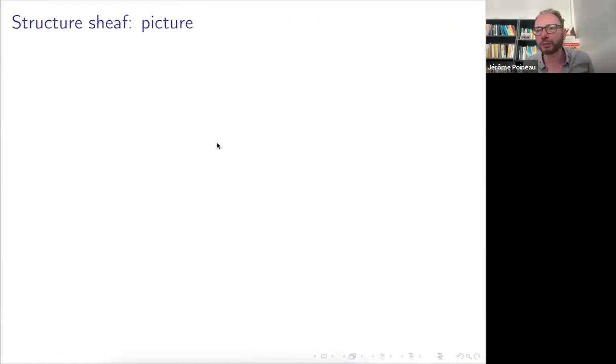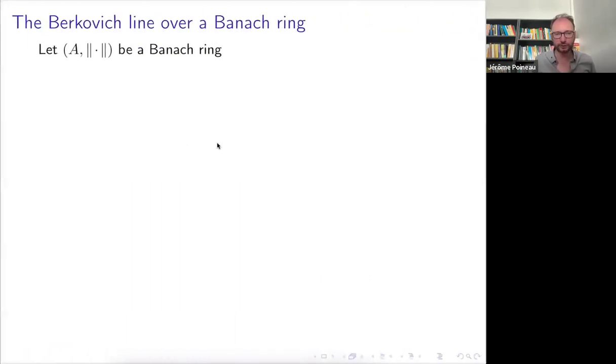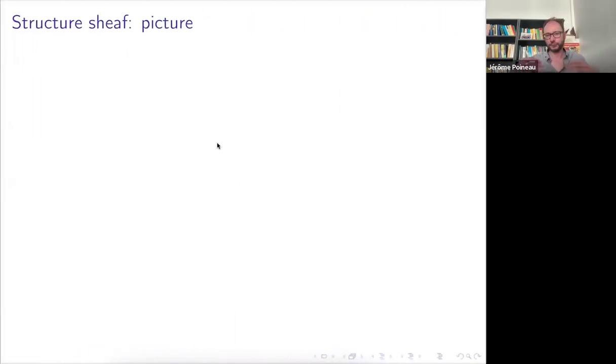Maybe I already spent enough time on pictures, so maybe I just skip this one. It just shows you what the structure sheaf looks like, but it does basically what you want it to do. If you define some open disk, the sections of the structure sheaf on an open disk would just be power series with the radius of convergence prescribed by the radius of the disk. So exactly the same thing as we are used to in the complex setting.